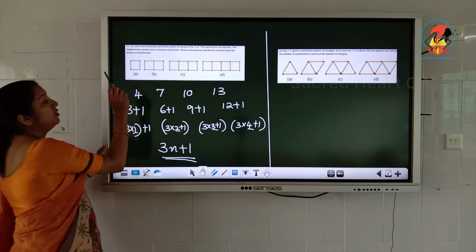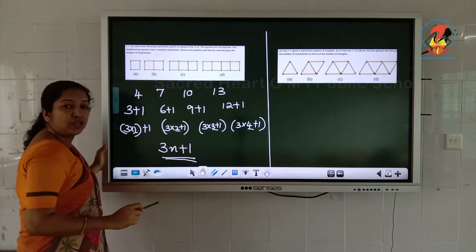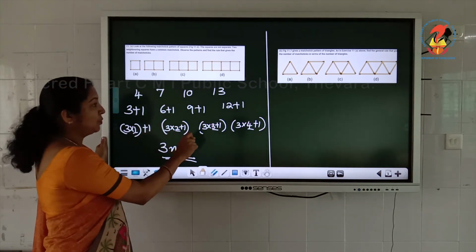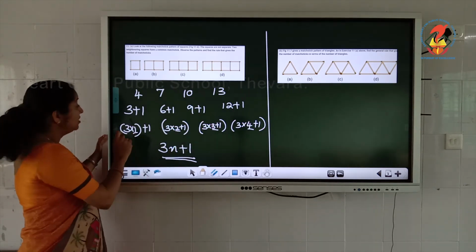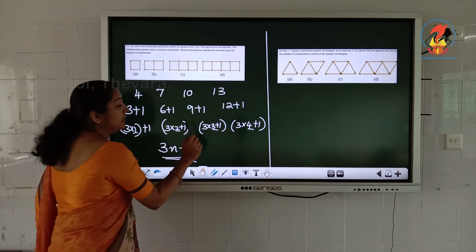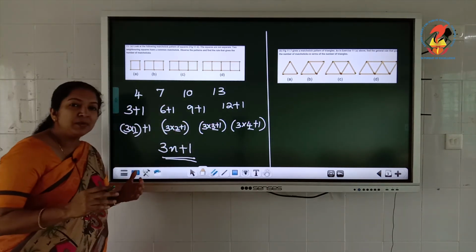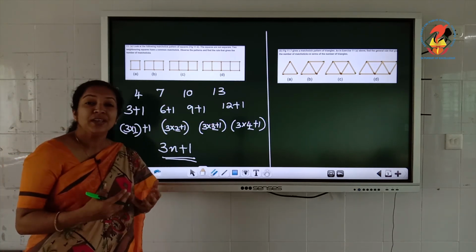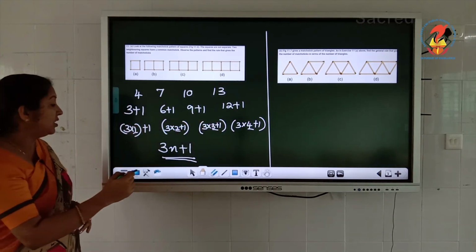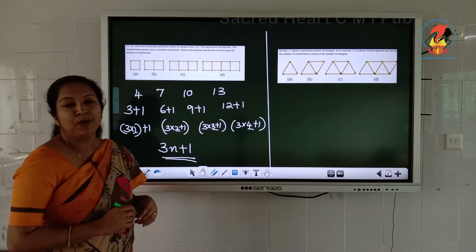So the first one 4, second one 7, third one 10, fourth one 13, etc. We have written this as 3 plus 1, 6 plus 1, 9 plus 1, 12 plus 1. And we have written 3 as 3 into 1 plus 1, 6 as 3 into 2 plus 1, 9 as 3 into 3 plus 1, and next as 3 into 4 plus 1. So variable means it doesn't have any fixed value. So here 1, 2, 3, 4, etc. That part is changing. That we can give as n, a variable. So the general rule is 3n plus 1,